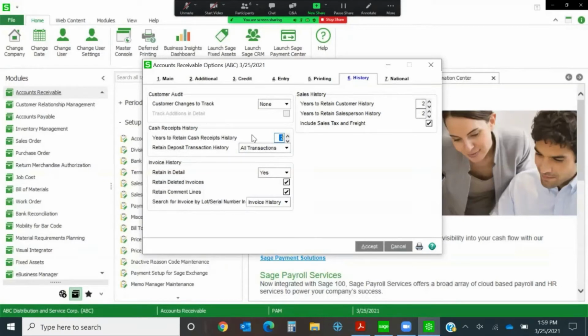If your setup is set at 2 years and you do a period end processing, and again, that's going to then purge your data, anything that's over 2 years old, any cash receipt history more than 2 years old, it's going to purge out of the system. Once you have gone through that process, the only way to get that